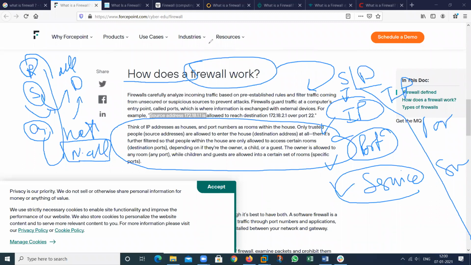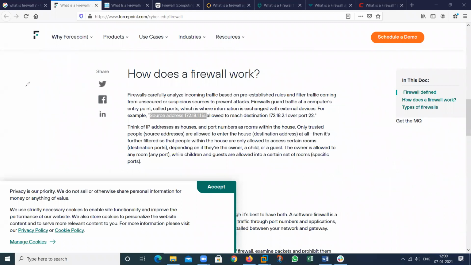See, I can also apply the rule on the basis of source and destination. If Rahul, this is my source, wants to go in the kitchen, then allow this one. If Rahul wants to go in my restroom, then do not allow this one.